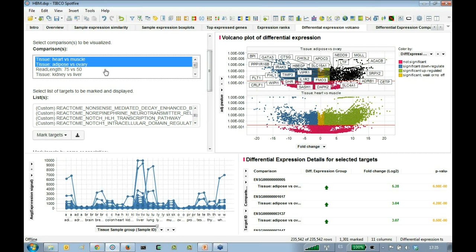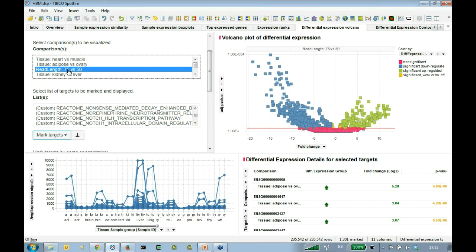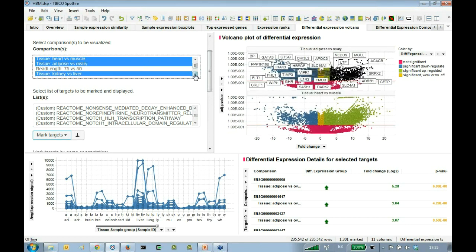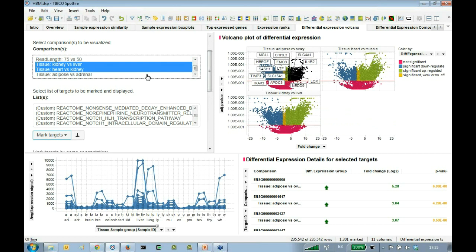So also, we can confirm what we saw before, that in most cases, there's not such a big difference in between the technologies. And if we look at the comparison in all the different tissues, except for this different read length,